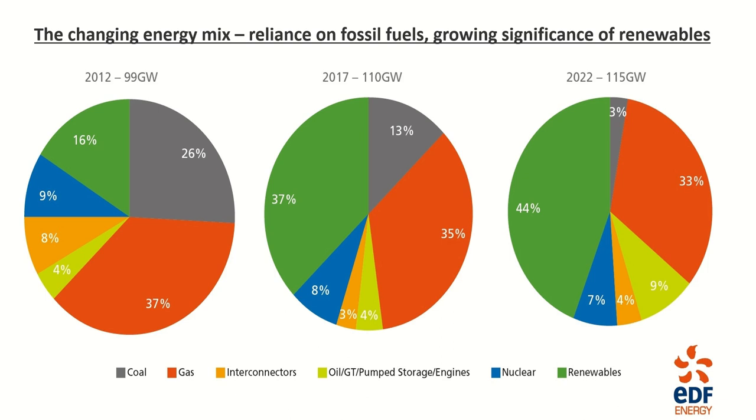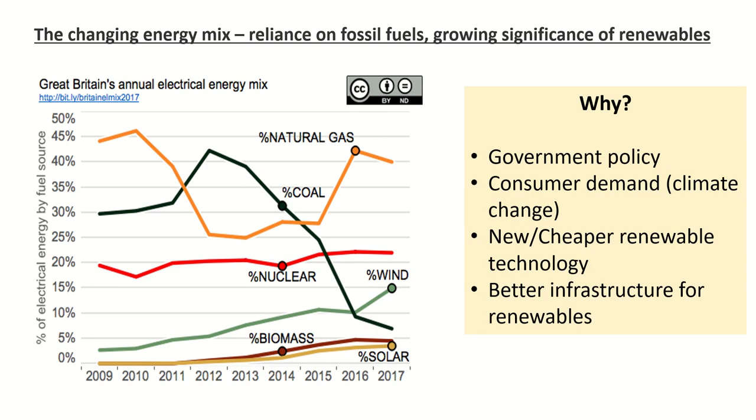So even though coal in particular has decreased massively, we are still reliant on fossil fuels, in particular gas, but there has been a growth of the amount of renewables we are using. So why is that? Why has coal dropped so massively and renewables started to increase? Well, the main one is government policy. So the government and their policies are looking at climate change and international agreements and wanting to reduce their reliance